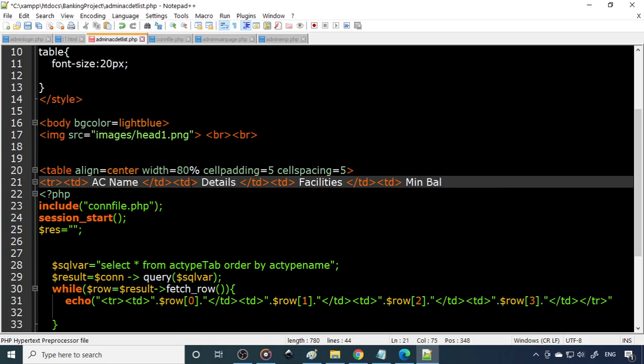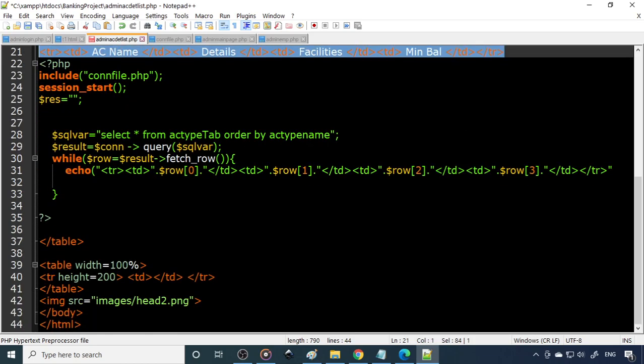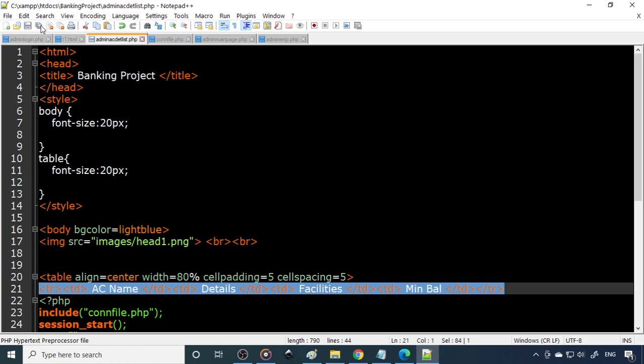This is the heading, therefore the heading has to come here. So this is tr, slash tr, right? This is one row, and here are the multiple rows. So save this.